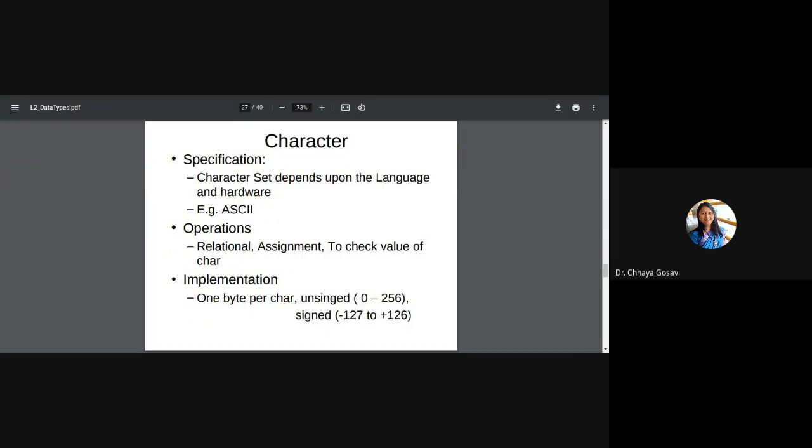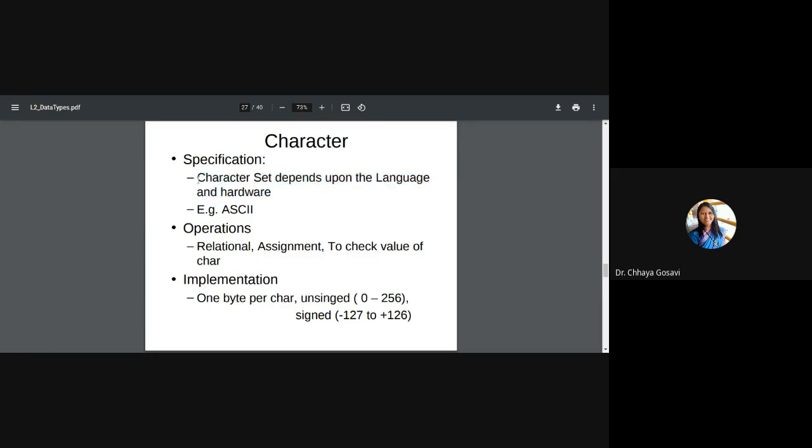Next is the character data type. Its specification depends upon the character set. Character set depends upon the language and hardware. So we have seen, when we design a language, at language design time, which character is used for which operation is decided. For example, star should be used for multiplication, or slash is used for division, like this.